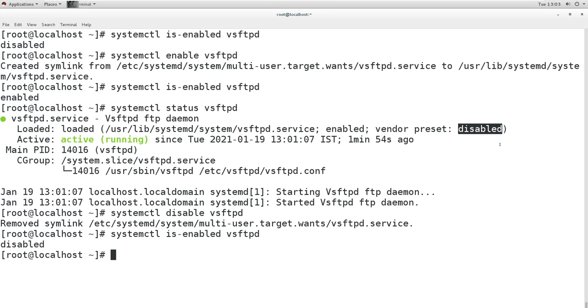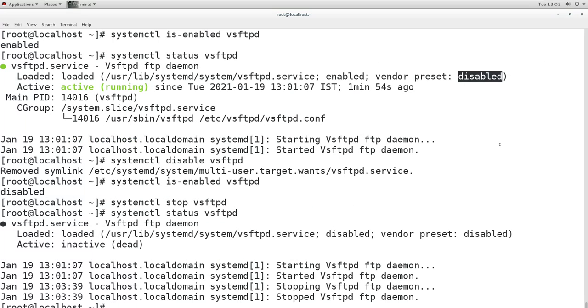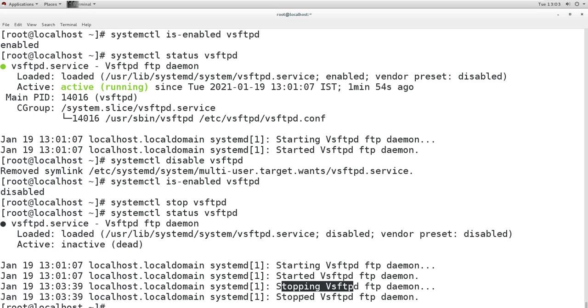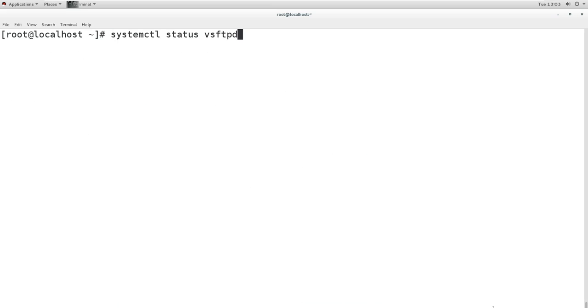And if you want to stop the service, then we will give the command systemctl stop, and now it is not running, it is stopped. And if we want to reload the service, then we will use the reload command. So we have this systemctl command to manage our services.